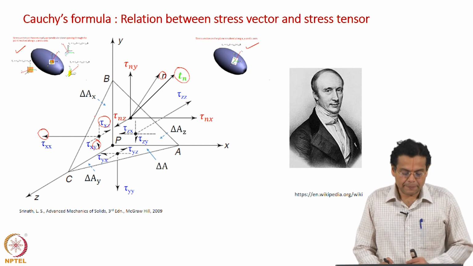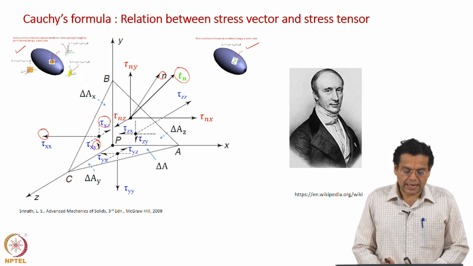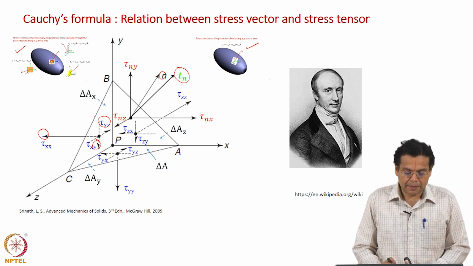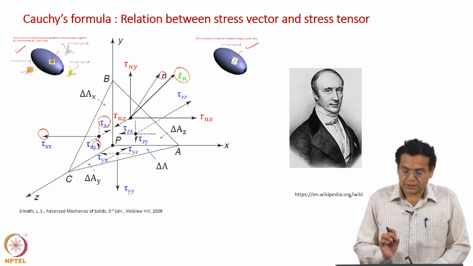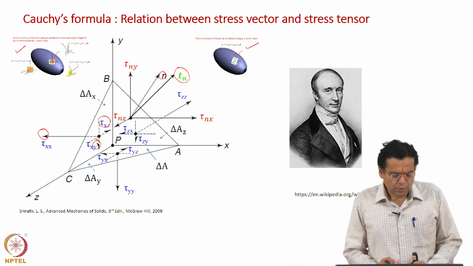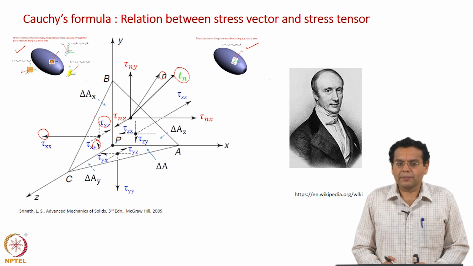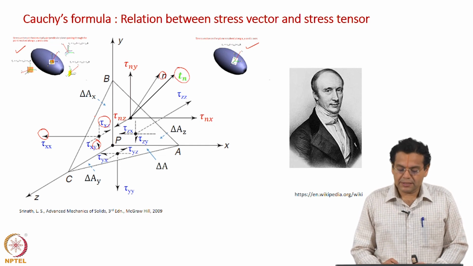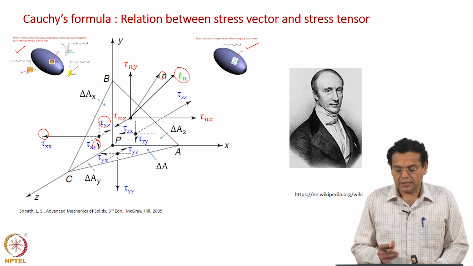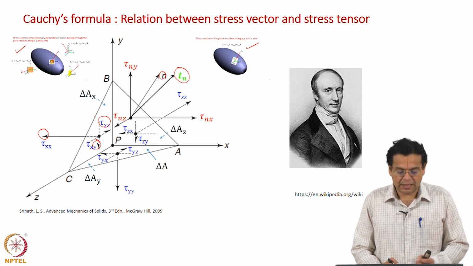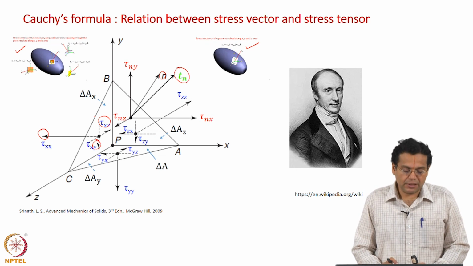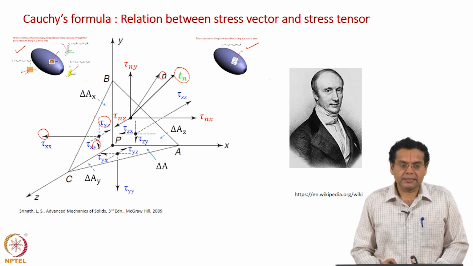And then if you take the plane whose normal is z axis, what is that plane? A, P and B, and once again all the components are shown towards the negative axis, tau zx, tau zy and then tau zz. Whatever are shown in blue are the 9 components which are given to us. We will have to find out the components shown in red, which are the components of stress vector on the arbitrary plane.